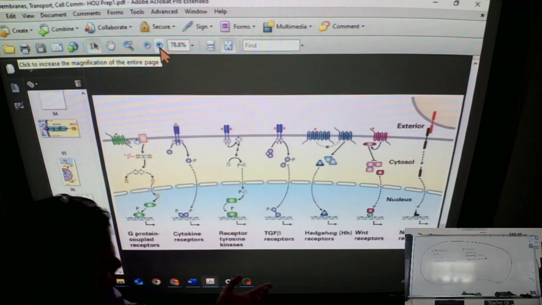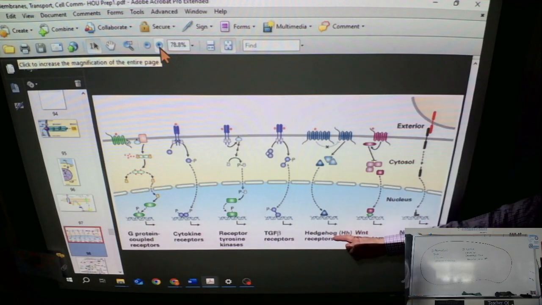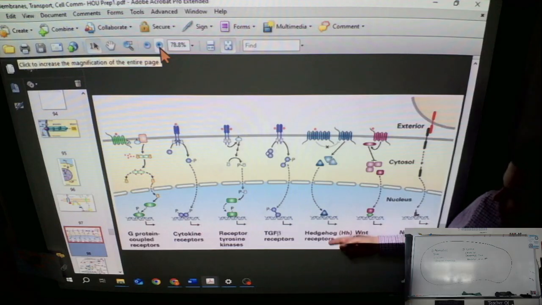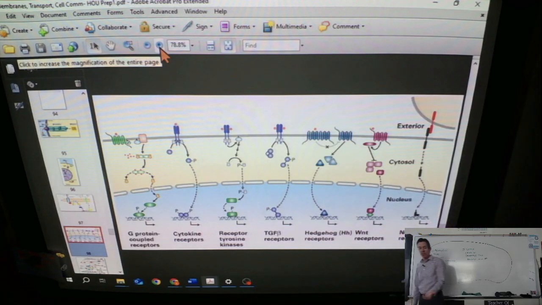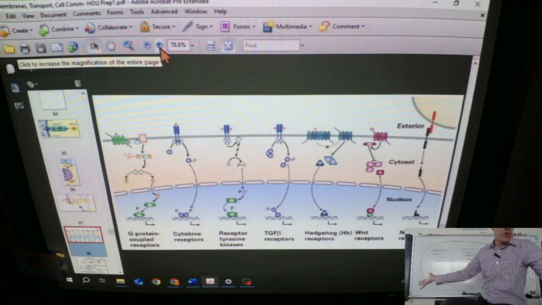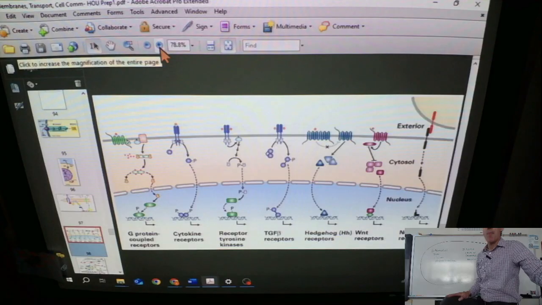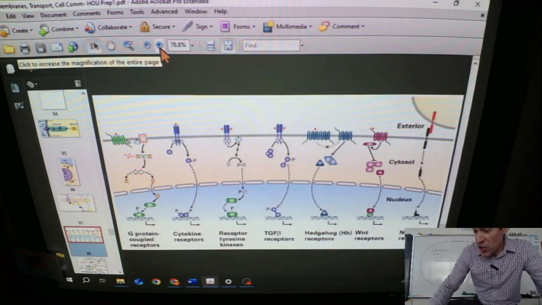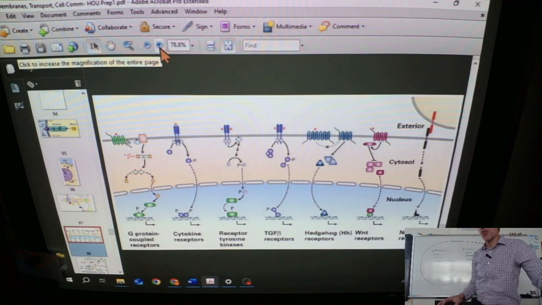So here are these common receptor pathways. Some of them have crazy names, like the hedgehog pathway or the notch pathway. The reason that some genes have crazy names is if a gene is discovered in a fruit fly, the person that discovers it can name it anything that they want. If a gene is discovered in anything else, there are all these rules. So if I'm studying mice and I discover some gene that does something, I don't have much control. It's going to be called